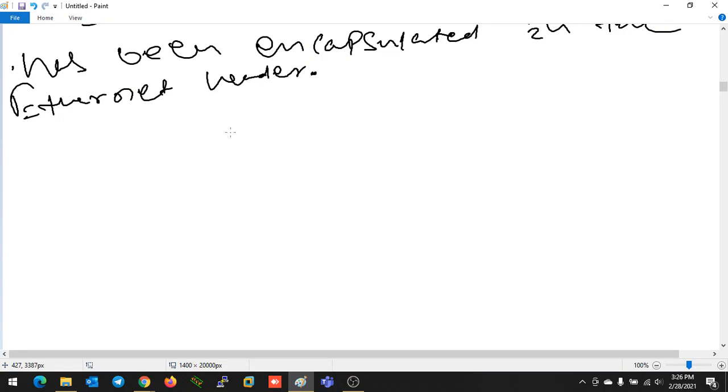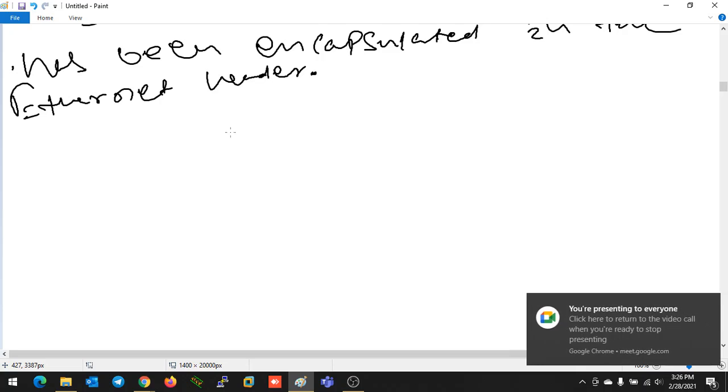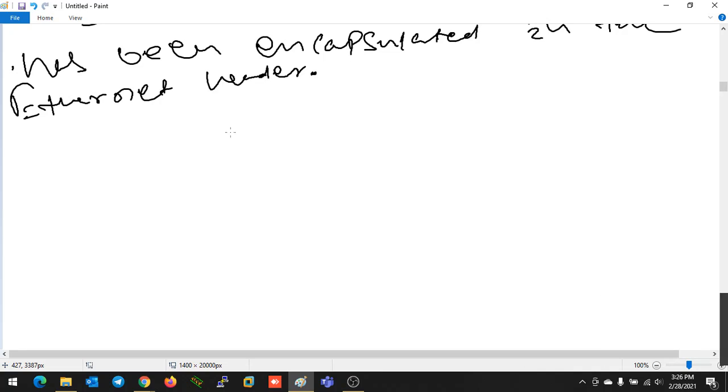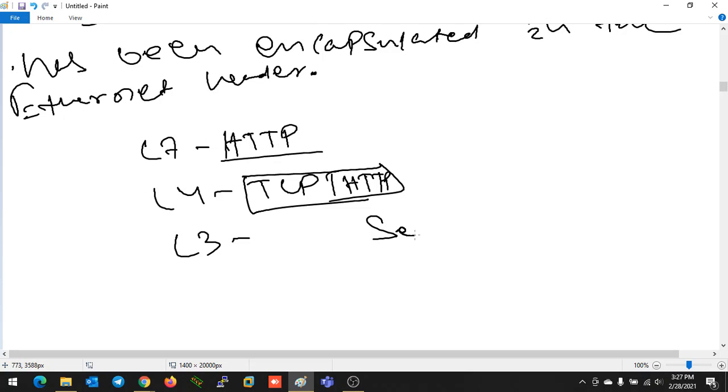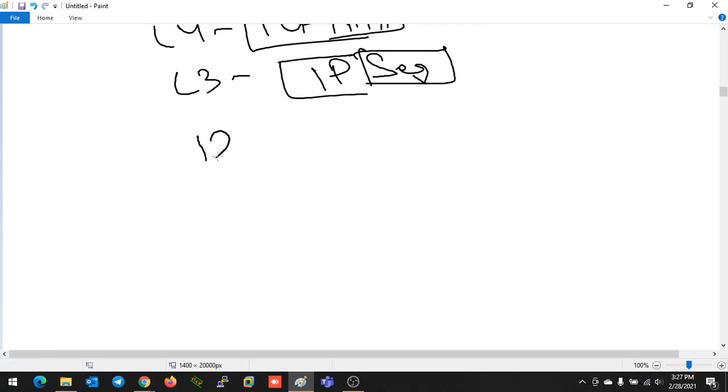If we discuss the encapsulation process, the data will be generated from the upper layers and come one by one step down to the lower layers, till the data link layer and the physical layer. For example, at layer 7 I am generating some HTTP data or any data. At layer 4 TCP is working and attaching the TCP header. So this is the HTTP data. Here this is the data. After attaching the TCP header, it becomes a segment. At layer 3, to that segment IP attaches its header, then it comes to layer 2. At layer 2, after attaching the IP header, it will be a packet.